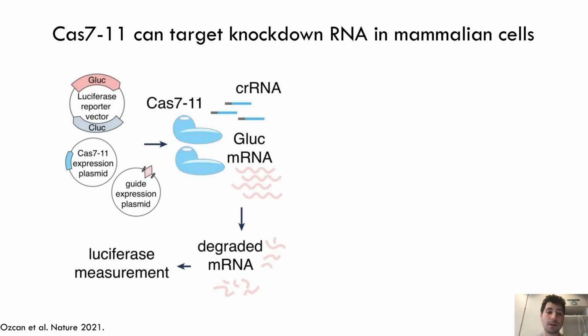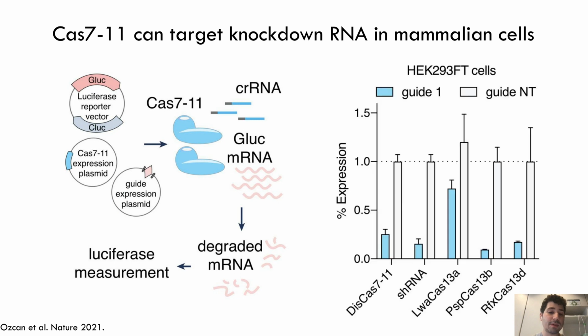So we actually used a very similar assay targeting a ratiometric luciferase reporter with a Gaussia luciferase and Cypridina luciferase. And we targeted those by co-expressing a Cas7-11 and a CRISPR RNA targeting Gaussia, and we measured luciferase. And we didn't just measure luciferase in that condition, but we also compared it to the whole family of different Cas13s as well as RNAi. And you can see that compared to many of the Cas13s, Cas7-11 actually has just as good or better knockdown